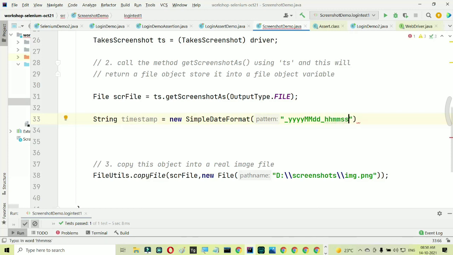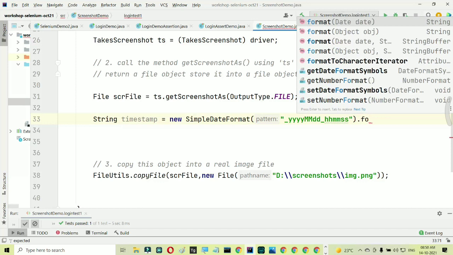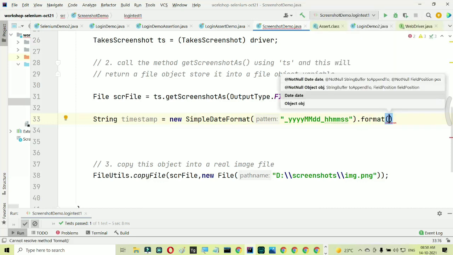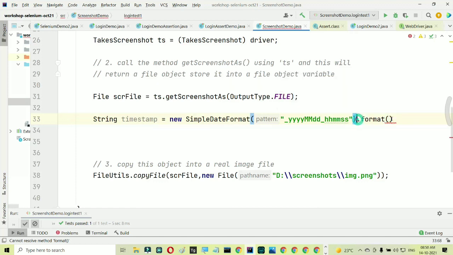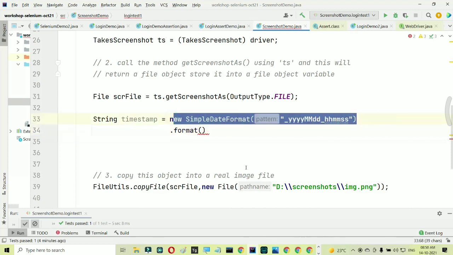So I want the current system date in this format. So SimpleDateFormat, and pass the string pattern over here. Again say dot format, and here you pass the current system date, which you will get using this. I'll just put this on a new line so that everything is in front. You can also have this on one single line.